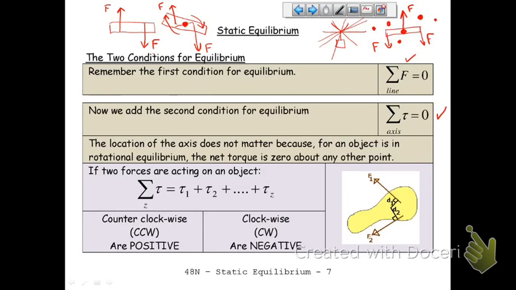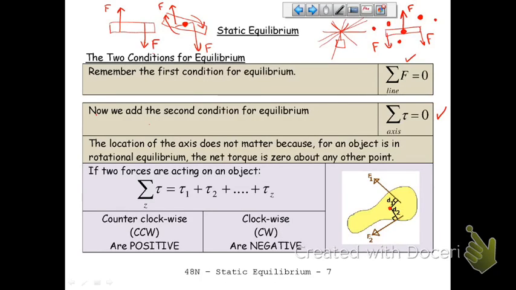So let's take this potato, and let's say that we have two forces acting on it, and they're acting at some distance from the center of mass. So there's the center of mass, and we have two forces pulling. One of them is causing a counterclockwise torque, we'll call that positive, and the other is causing a clockwise torque, we'll call that negative. And we can say that